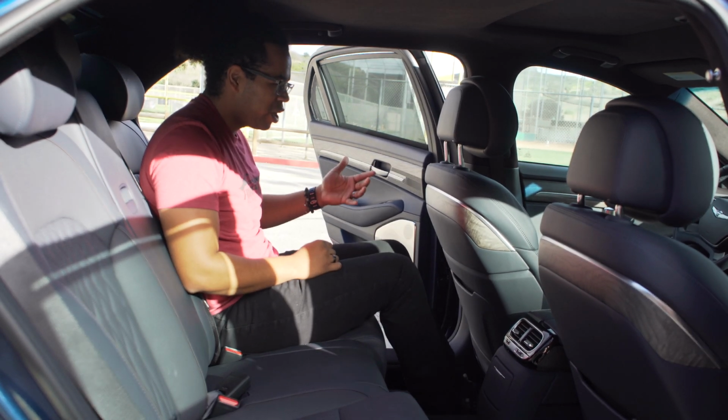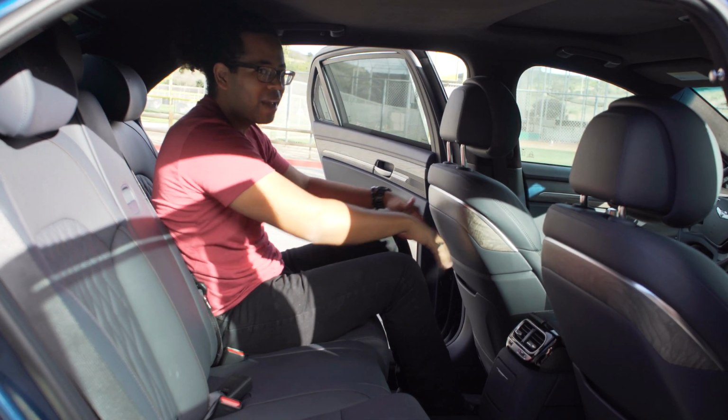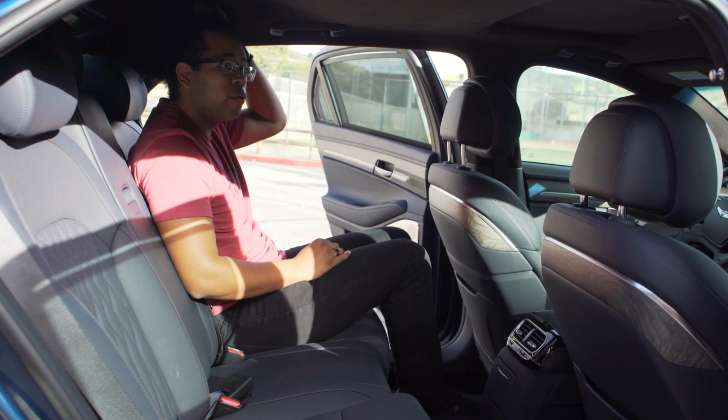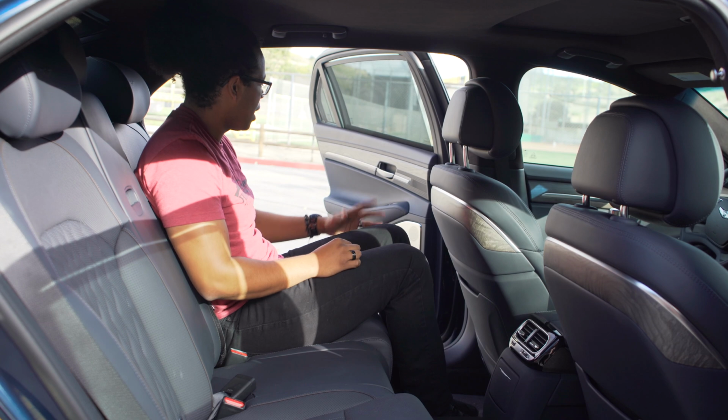Foot room is pretty good. The seat is low, so I can't really slide my feet underneath. But knee room, I have like half a foot here. And then my headroom is gonna be really good being 6 feet tall. This seat is also set to my driving position. Now, if I shut the door,